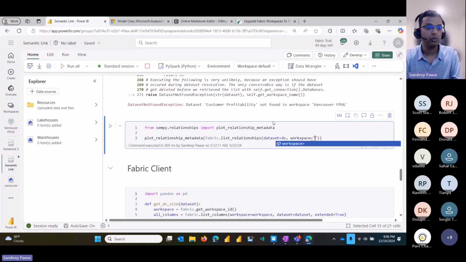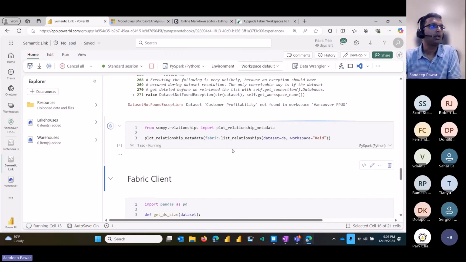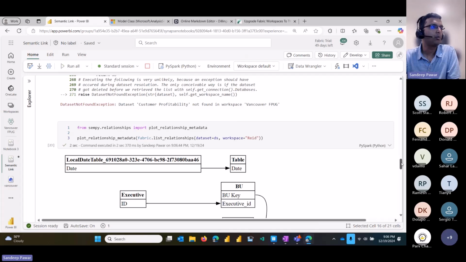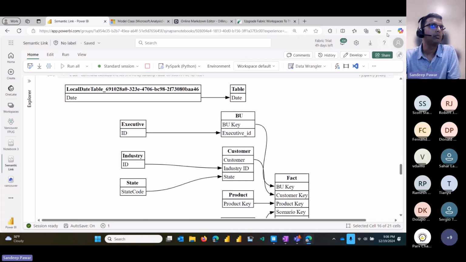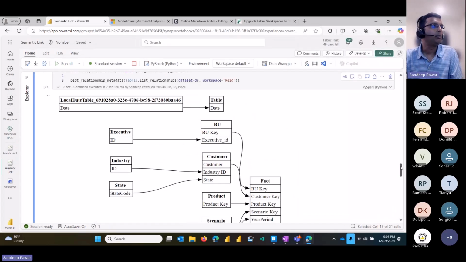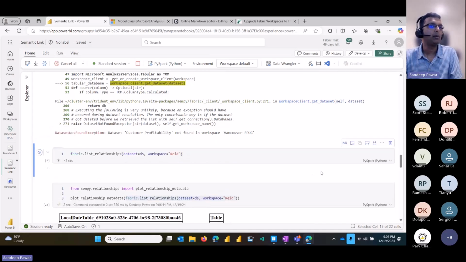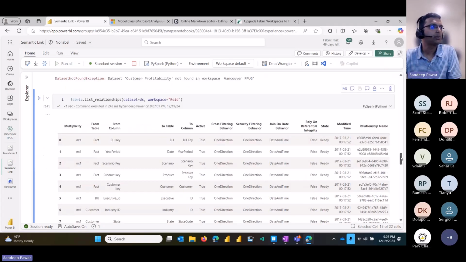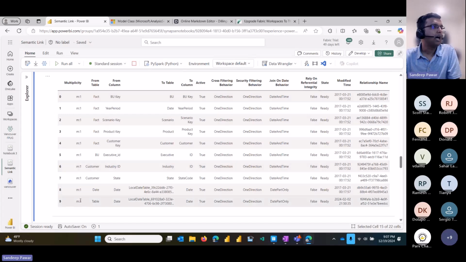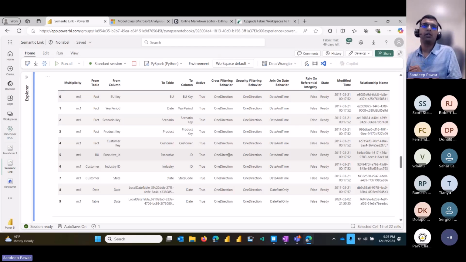So workspace is equal to read, and I can plot the relationship. Now, how I have used this for my client, where this is helpful, is, one obvious one is cataloging. But beyond that, for my current client, before they publish from one environment to the other environment, I get the list of relationships, and then I scan if there are any many-to-many relationships, any bidirectional relationships, any one-to-one relationships, any relationships where there are RI violations and things like that, and I can scan that during deployment and then flag that and stop the deployment if any